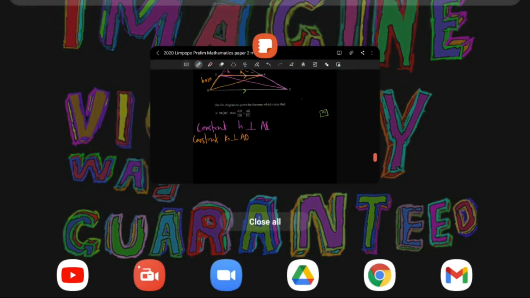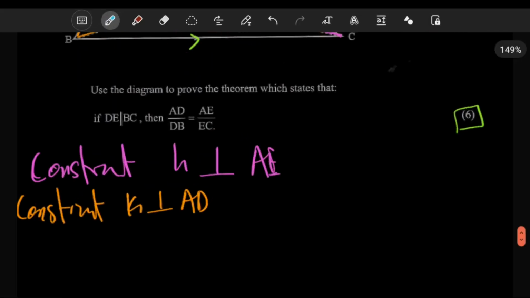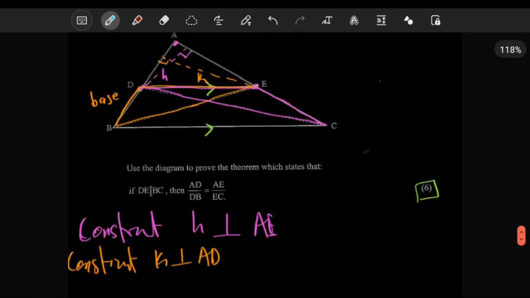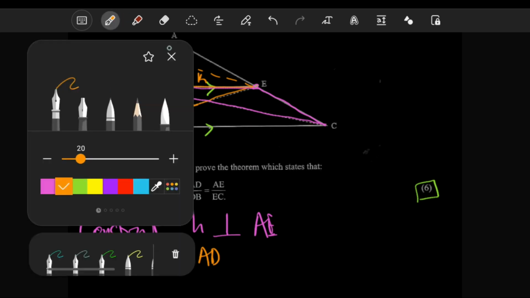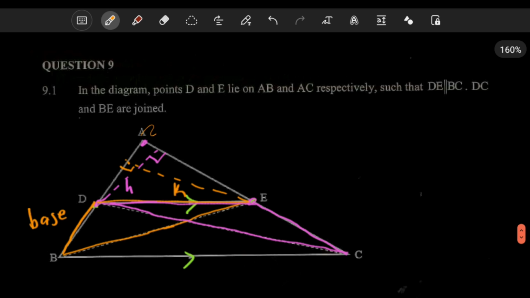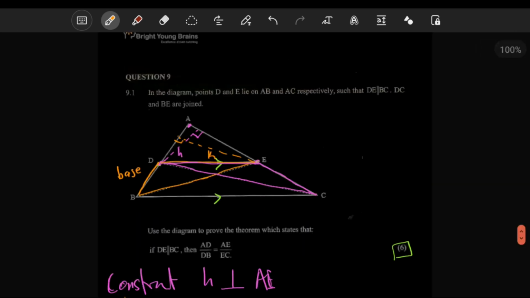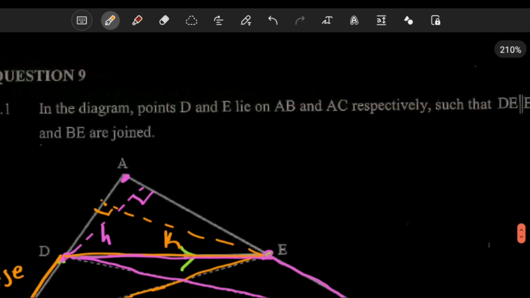Let's see, where do we start? Well, since we want AD and BD, we're going to start with the orange ones first. So starting with the orange ones, we need to write down the area of triangle ADE. So let's put here